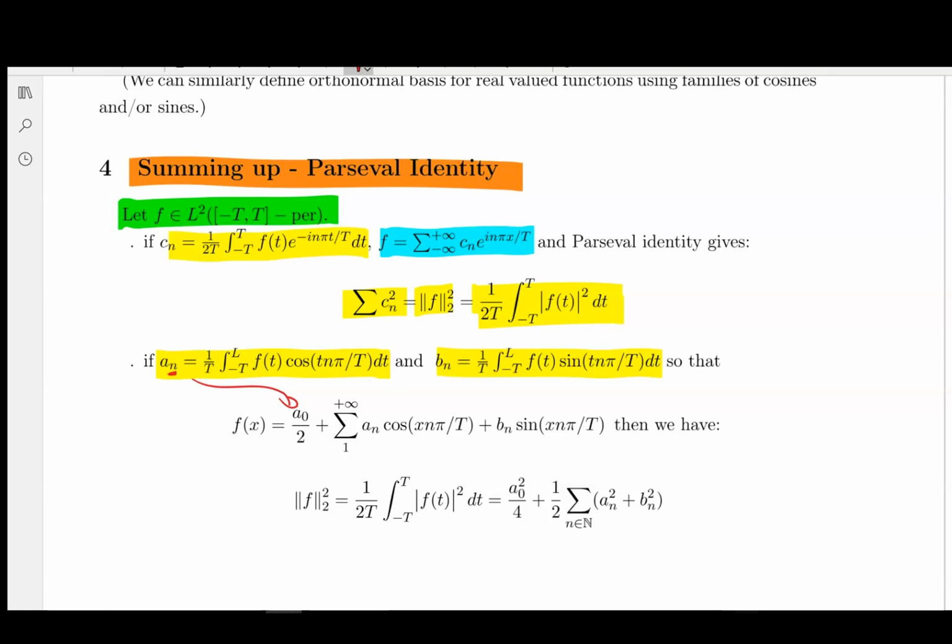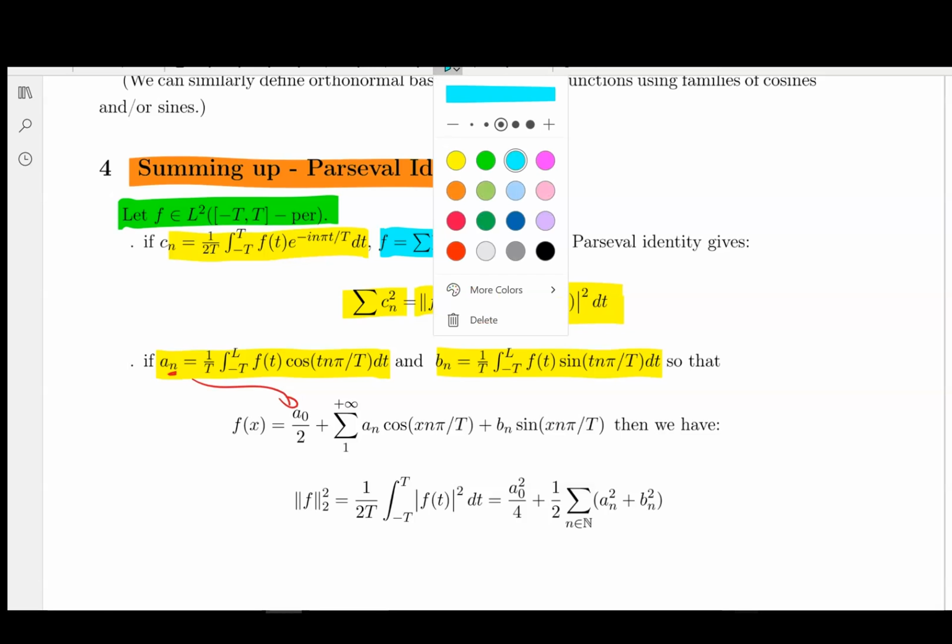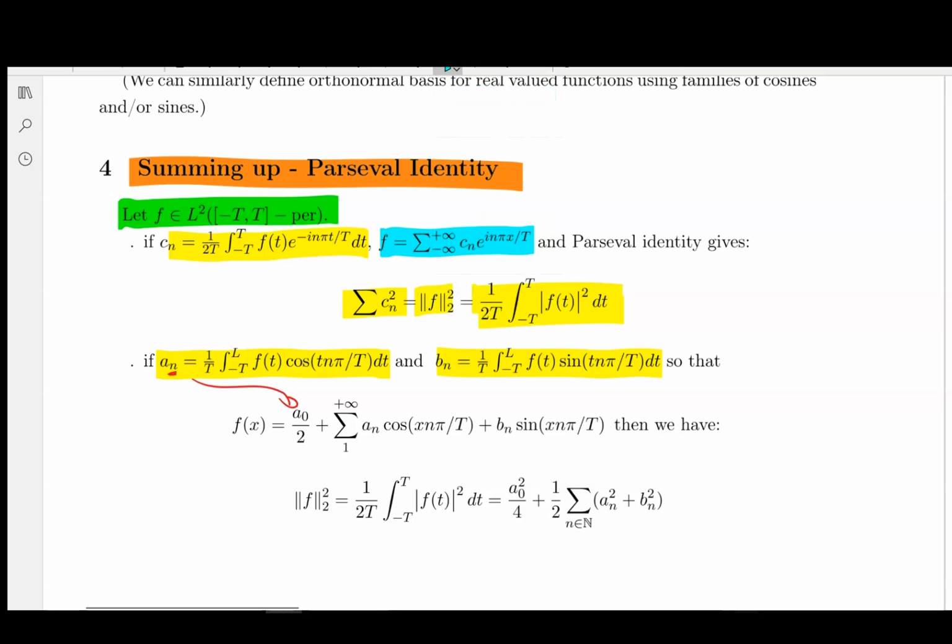Anyway, we have already dealt with those formulas for the coefficients an and bn. If that's how you define your coefficients, that's the expansion you're going to get for the function. And then again, we have the Parseval identity that tells you that the norm square of your function, given by the same inner product as the one we've defined earlier, is going to be given by